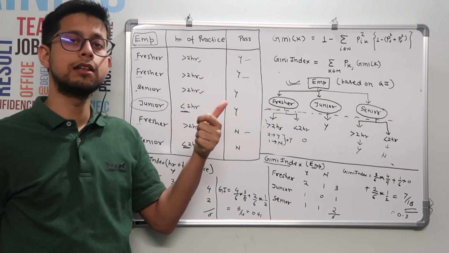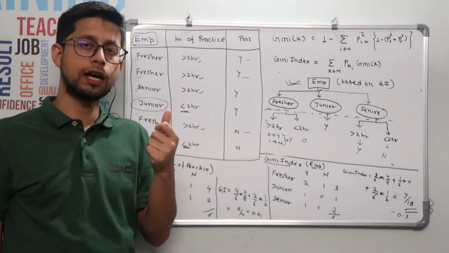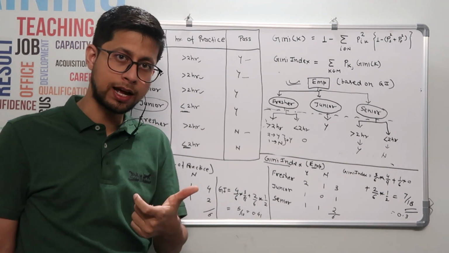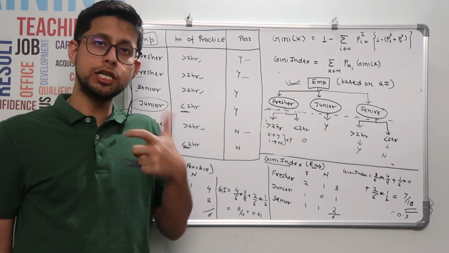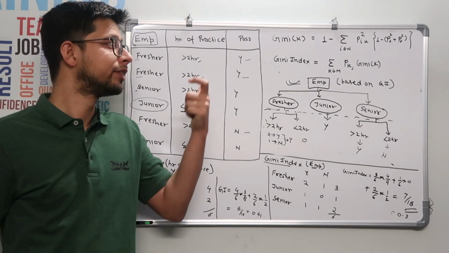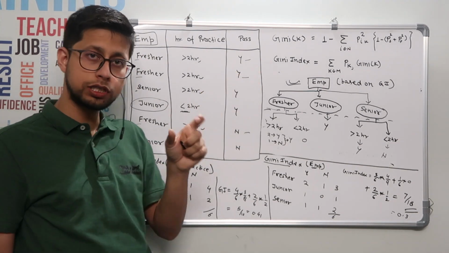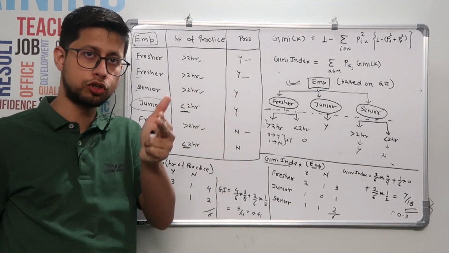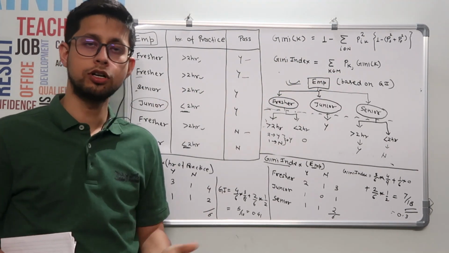I hope you are clear with Gini and Gini index. Gini is nothing but it tells you the purity of a node. If your node is homogeneous with respect to a class, then that Gini will be 0 because it is a pure node. But if it is a mix of classes, multiple classes, then Gini will have some value, okay? And of course the max value will be 1, it will be 0 to 1, right? And Gini index is just the weighted Gini, okay? That's all for today's session.